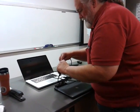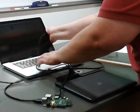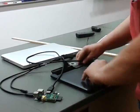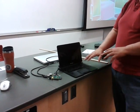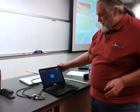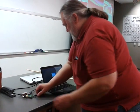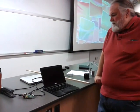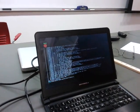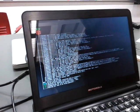So I will plug this in here. Oops, I don't need the MacBook Pro anymore. I will open this bad boy up. This has no processing or anything like that. It's basically a monitor, mouse, and keyboard. I have not yet figured out how to get the sound working on it, but there's no signal coming into it right now. So now we'll turn on the Pi, and the Pi is booting. And what will happen in a minute is,